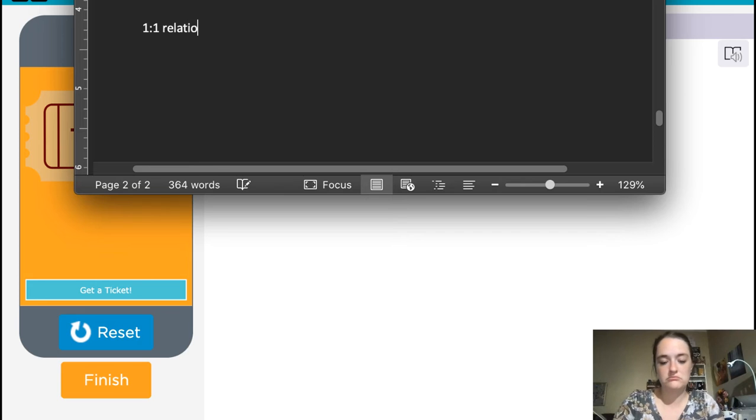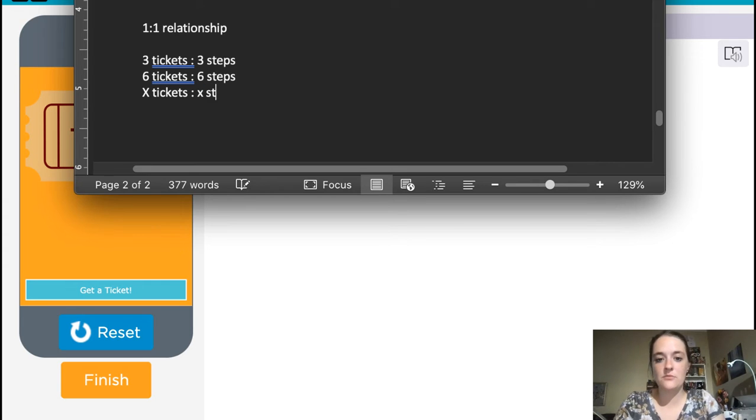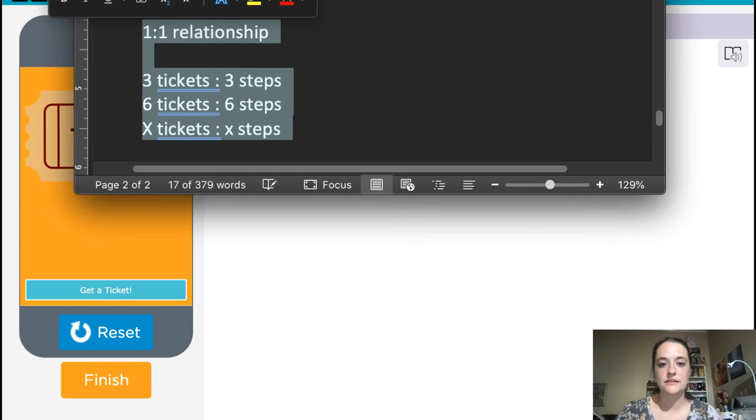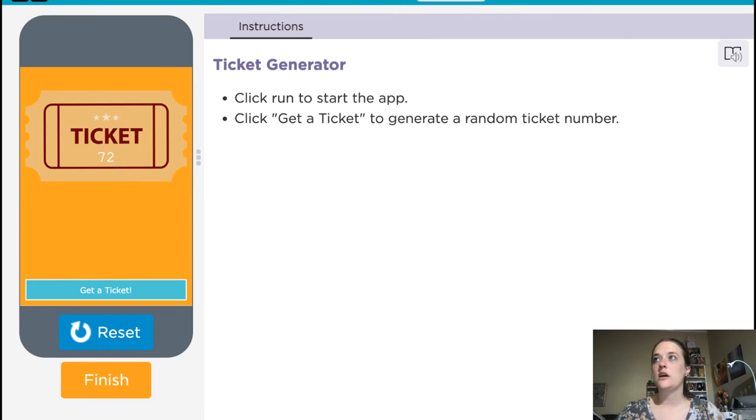Okay, so we said 3 tickets. There were 3 steps. We said if there were 6 tickets, there would be 6 steps. So however many tickets we have, there would be the same number of steps. And that is the most important thing for you to understand right now. Okay, so I'm going to move that aside, and